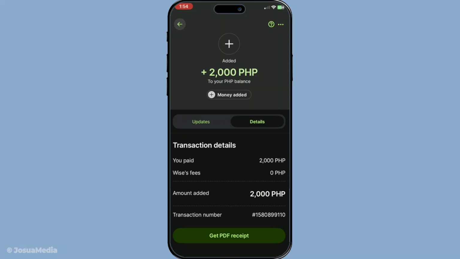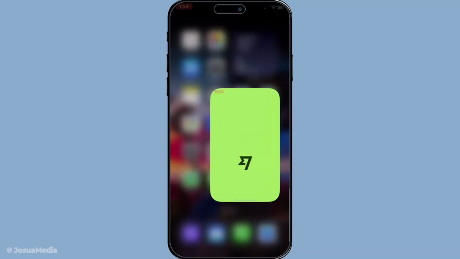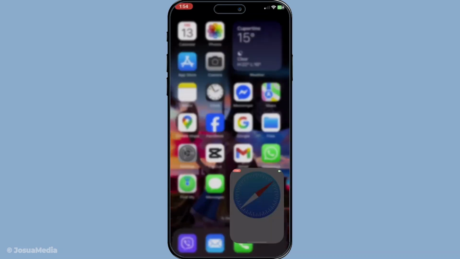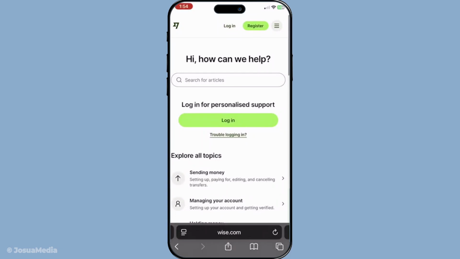If your direct approach doesn't yield results, don't worry. At this point, it's time to contact Wise Support directly. They are equipped to help in cases like this, so explain your situation and the recipient's refusal. Wise Support can assist you with filing a dispute or initiating a chargeback, which essentially calls back the funds from